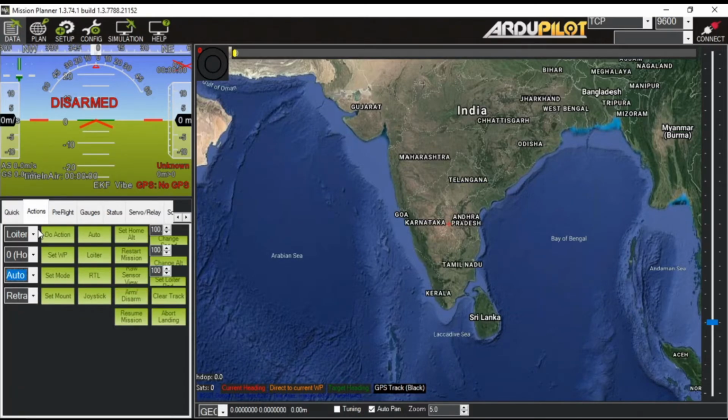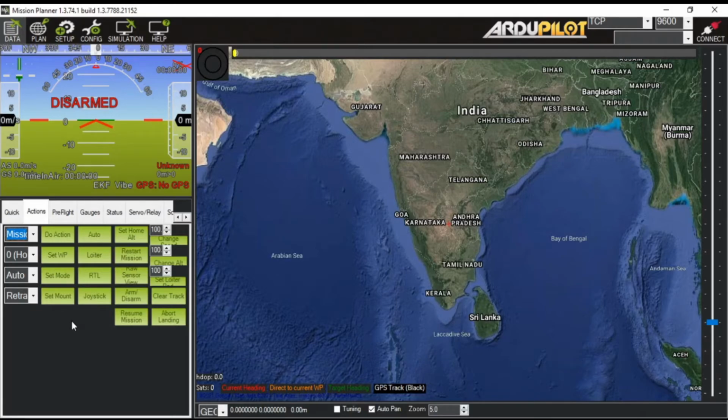And you can launch the mission. Just go here, select the mission, and then simply do action. You can abort landing, you can restart the mission, you can set home altitude, and you can do a lot of other cool stuff. And how to do it, we will explore in the next video, when I will give you the demonstration of planning a mission and flying or executing it.